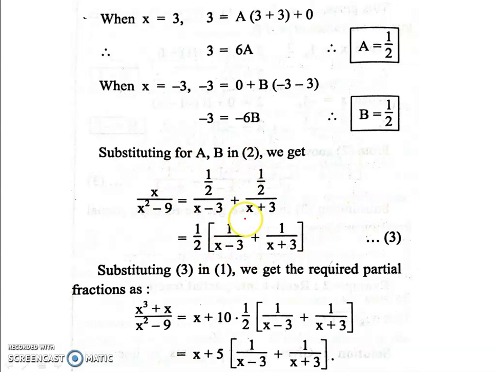So we have to put in this expression 1 upon 2, 1 upon x minus 3 plus 1 upon x plus 3. So now, substituting the values in 1, we get the required partial fraction. x cube plus x upon x square minus 9 is x plus 10. We have to take the 10 common, right? Yes. 1 upon 2, 1 upon x minus 3, 1 upon x plus 3. Simplify, we derive